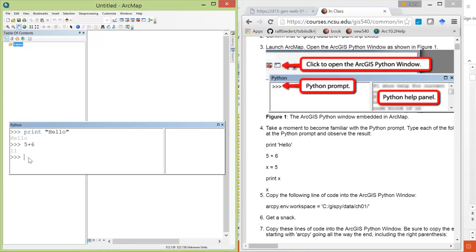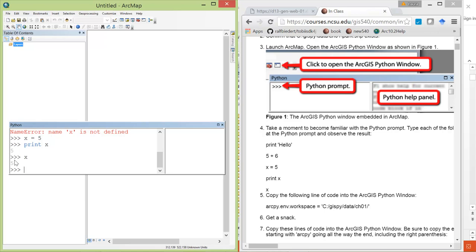And then we can set x. So let's first try printing x. We print x. Whoops. Name error. Name x is not defined. That's because we haven't told Python what it is yet. Now we're going to tell Python what x is. And if we say print x, it prints out the number 5, because that's a value that it has behind that variable. And then if we type just x and hit return, we also get 5,